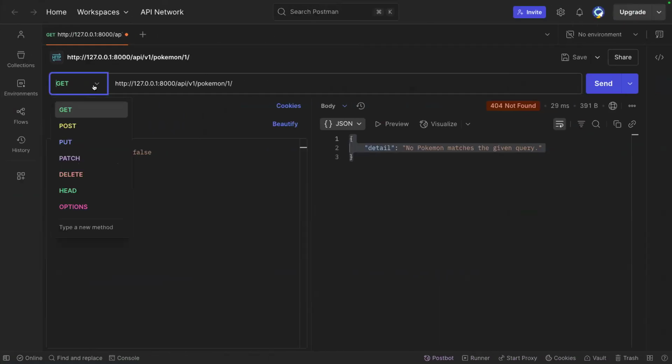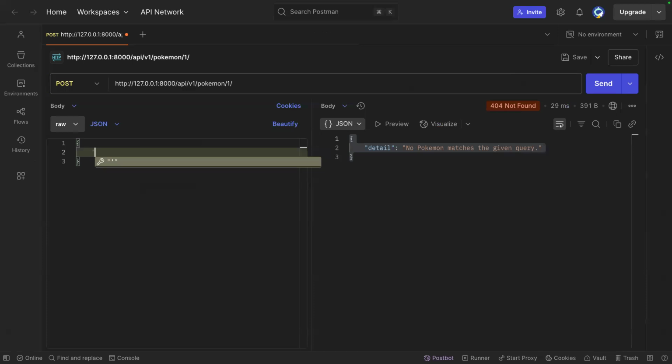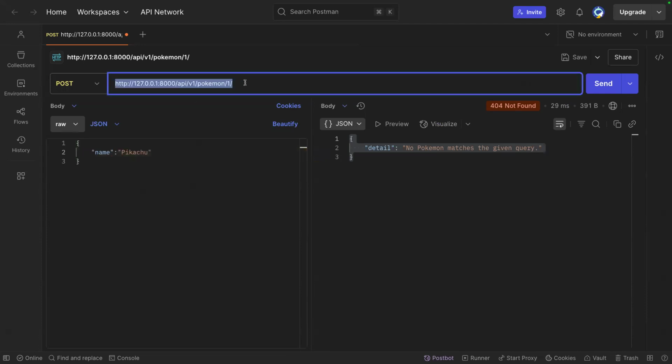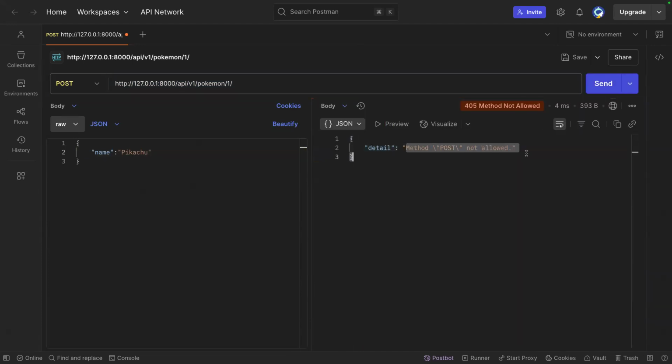I'm going to come over, change this to a post request, where I'll say the name is Pikachu to try to recreate my Pikachu one more time. Well, if I send it to this URL endpoint, I'll get, hey, this method is not allowed. That's because I'm currently sending it to the one that's holding an ID. But if I just send it to all Pokemon,